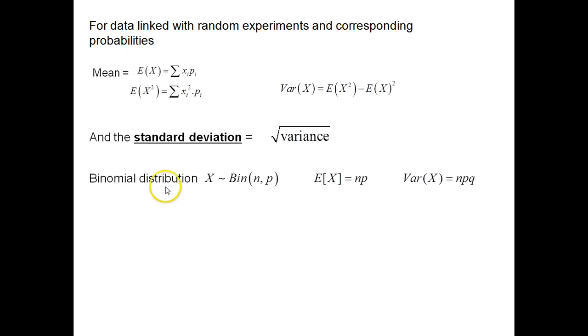Now some you've come across before: the binomial distribution with parameters n and p. The expected value, the mean, is n times p, and the variance is n times p times q, where q is 1 minus p, the probability of not x. A Poisson distribution has parameter lambda, and its mean and its variance both have the value